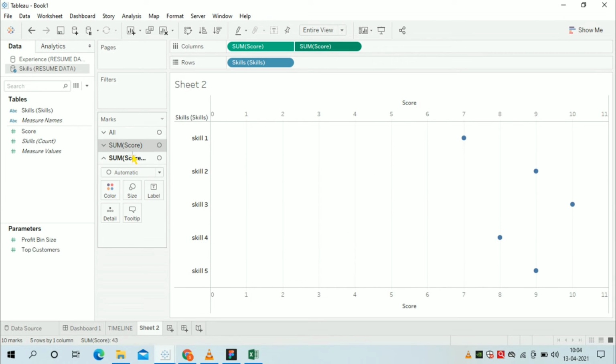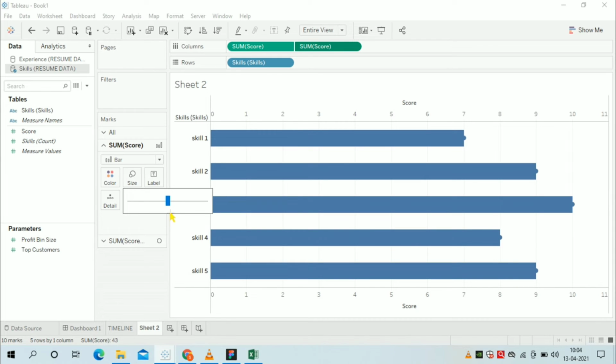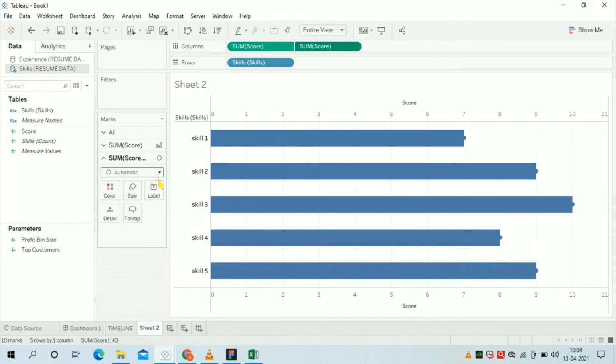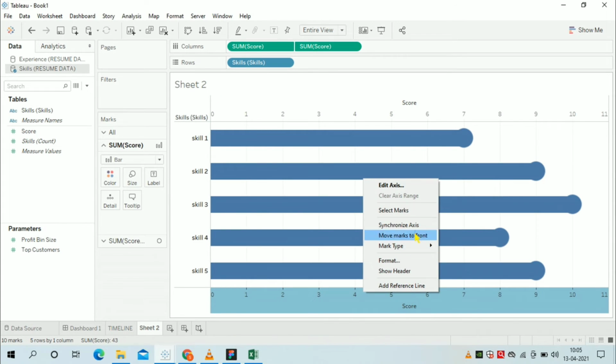In the sum of score, in the first column, select bar, and in the second column, select the circle. Adjust the sizes of these bars and circles accordingly. We'll remove the headers and synchronize the axis.